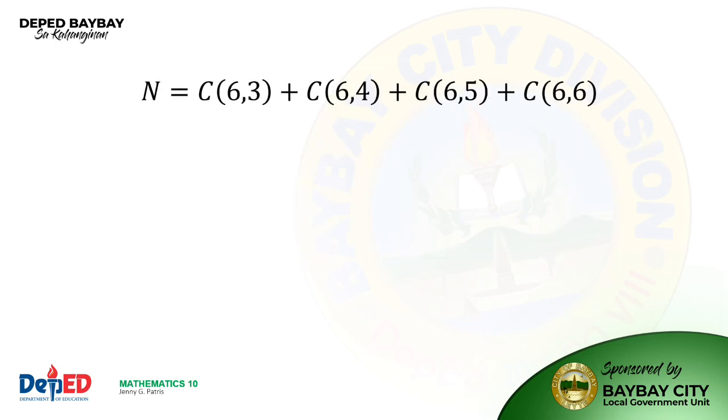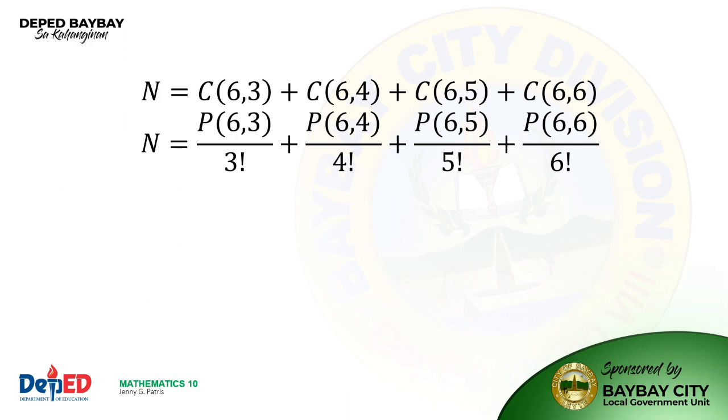Thus, the number of possible polygons, represented by capital N, is equal to the combinations of 6 taken 3 at a time, plus the combinations of 6 taken 4 at a time, plus the combinations of 6 taken 5 at a time, plus the combinations of 6 taken 6 at a time. Applying the formula, we have N equals the permutations of 6 taken 3 at a time divided by 3 factorial,